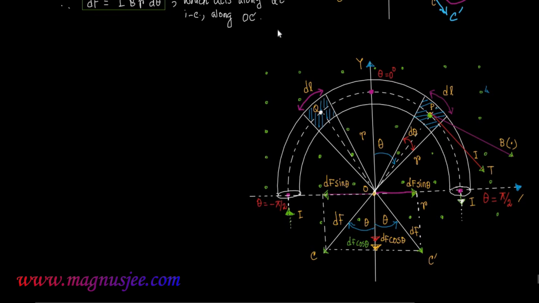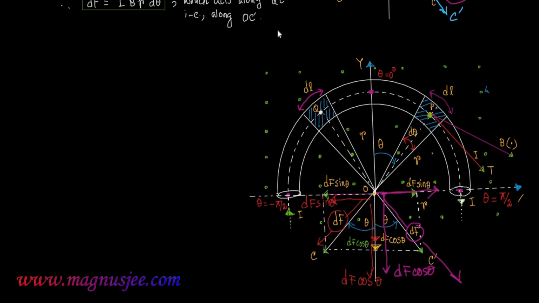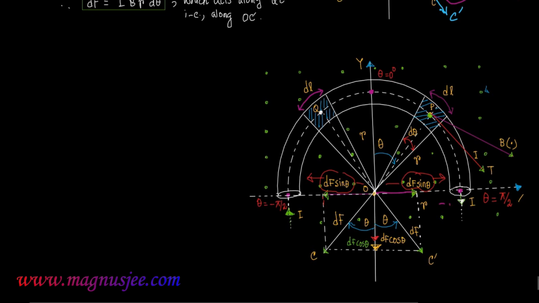The force dF along the direction OC is resolved into two rectangular components, that is dF cos theta in the vertically downward direction and dF sin theta in the horizontal direction towards left. Also, the force dF along OC prime is resolved into two rectangular components, dF cos theta and dF sin theta, in the vertically downward direction and in the horizontal direction. So now dF sin theta and dF sin theta will cancel out each other's effect, but the net force or the resultant force experienced by